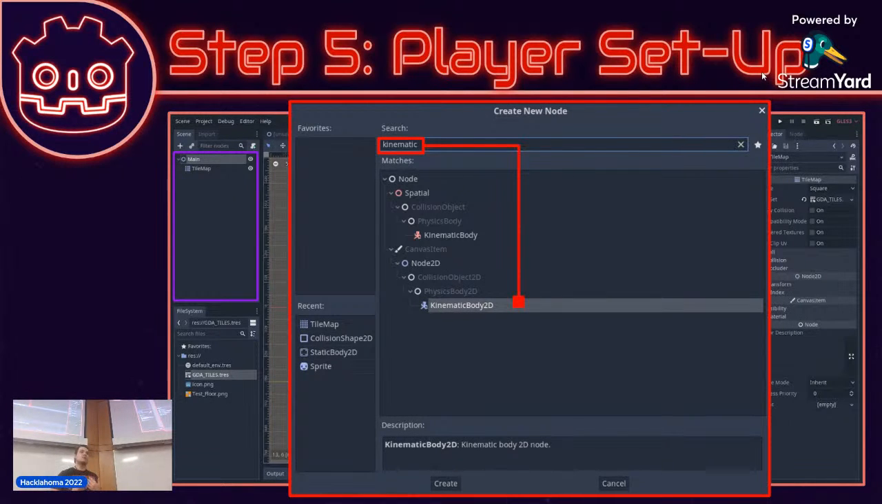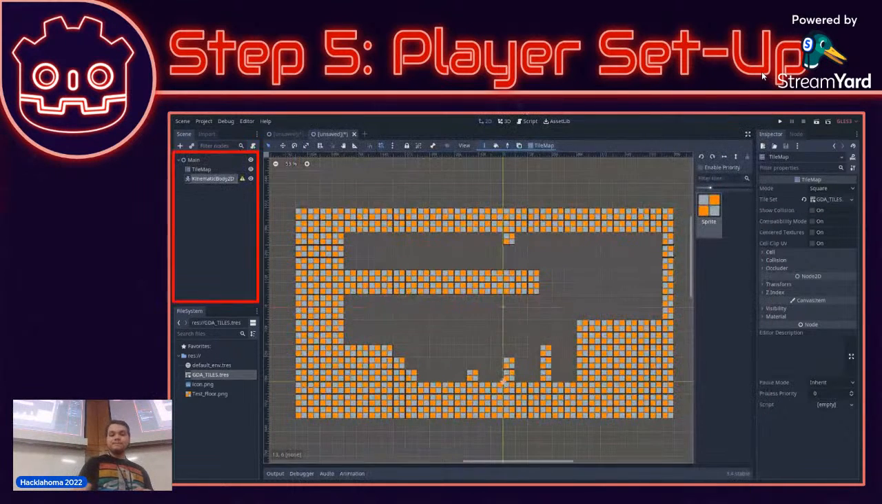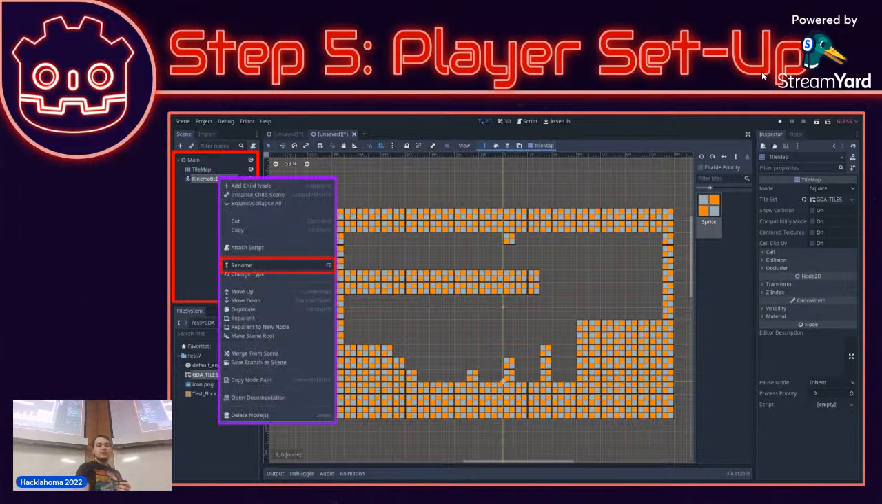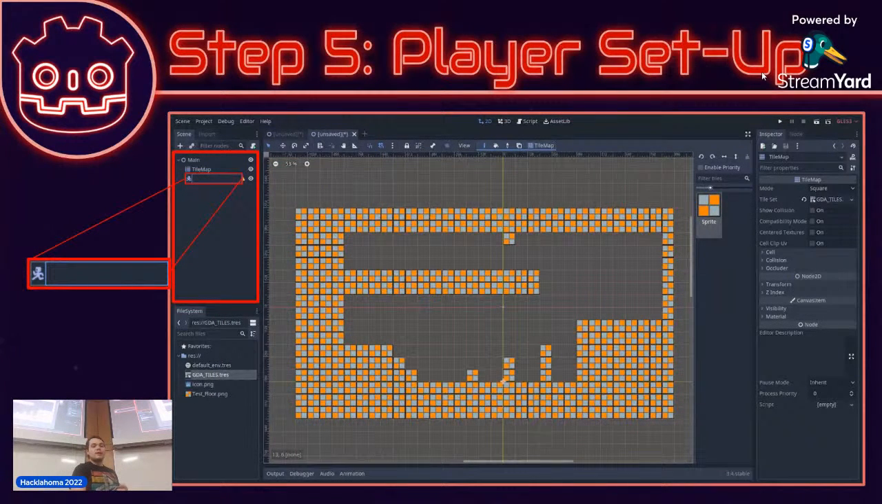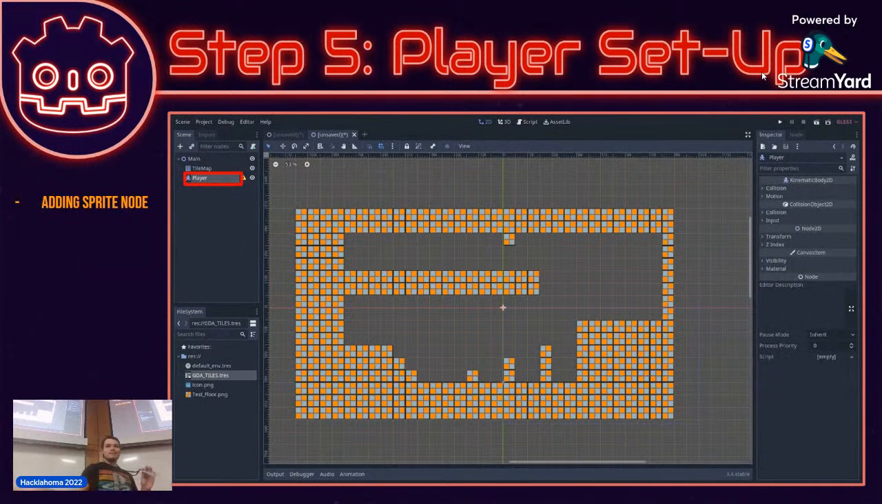However, we want to be able to define the movement so that it's not just flopping around, just having gravity and whatever other forces have its way with it. So we're going to create our kinematic body 2D. And so now you should have two different subnodes of that main node. You have your tile map and your kinematic body 2D. We're just simply going to rename that to player. Player is a pretty descriptive name, just so that whenever we're looking through here, it's a lot easier